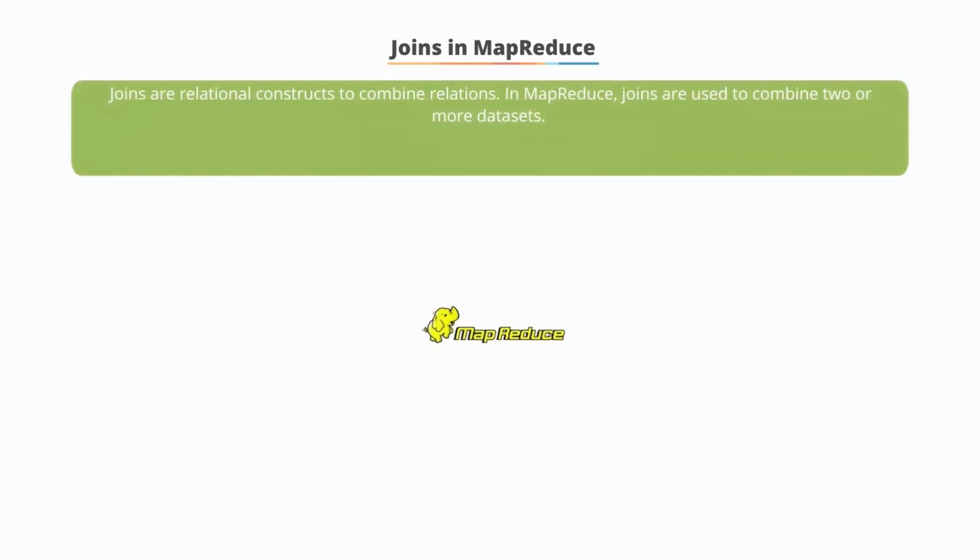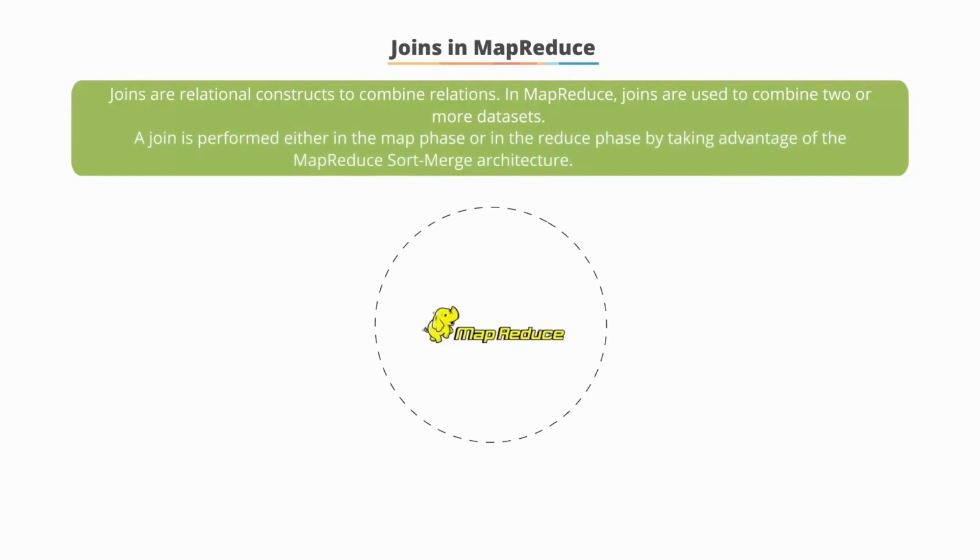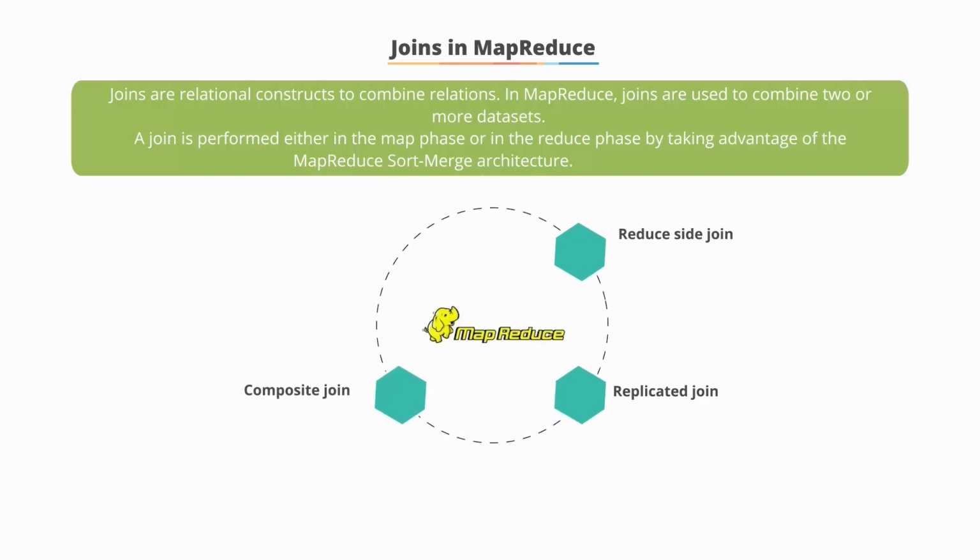Joins are relational constructs that can be used to combine relations. In MapReduce, joins are applicable in situations where you have two or more datasets you want to combine. A join is performed either in the map phase or later on in the reduce phase by taking advantage of the MapReduce sort-merge architecture. The various join patterns available in MapReduce are reduce side join, replicated join, composite join, and